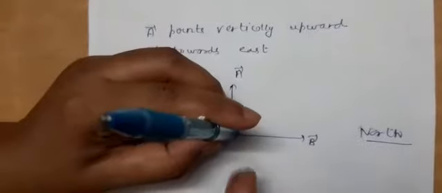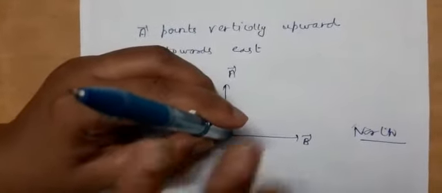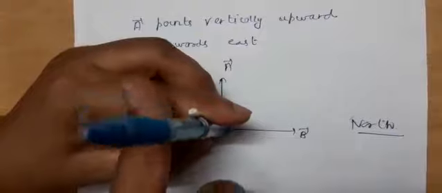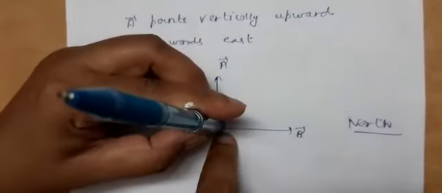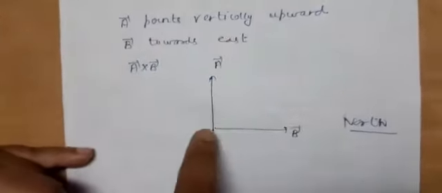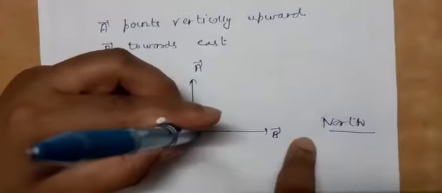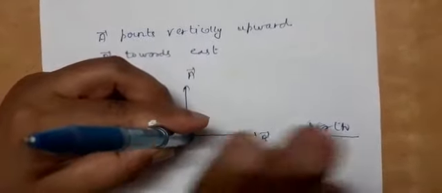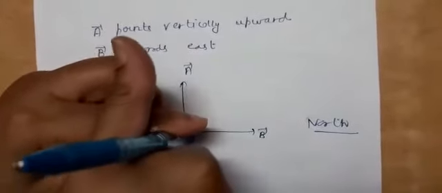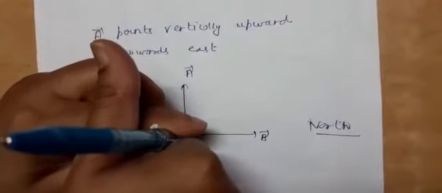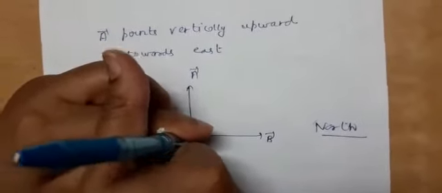Actually, the vertical upward direction is this one. So when going from A to B, this is east, this is south, this is north, and this is west. If I am taking A cross B, going from A to B, the thumb points in this direction, which is towards north. It gives you a clearer picture. If I explain it here, it will be slightly confusing, because you may think the north direction and the upward direction coincide, but they do not.